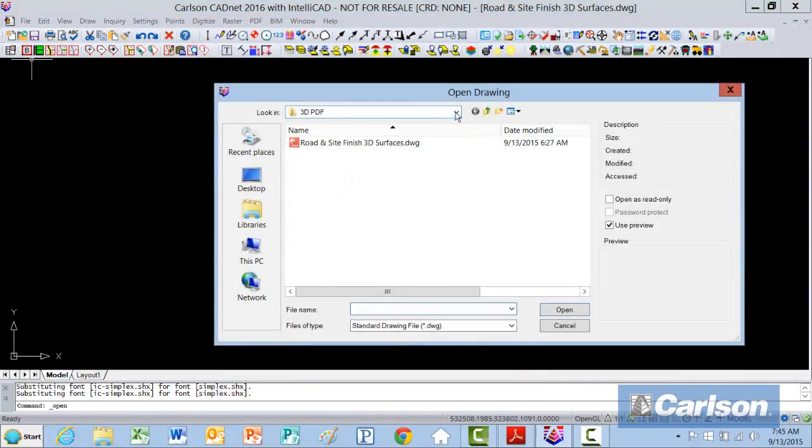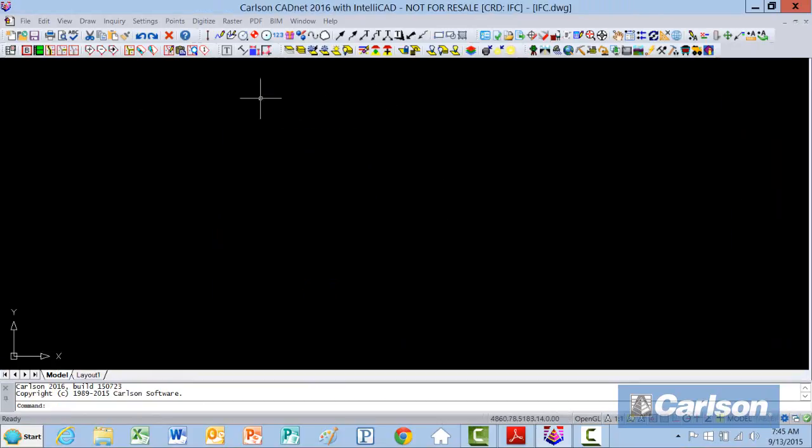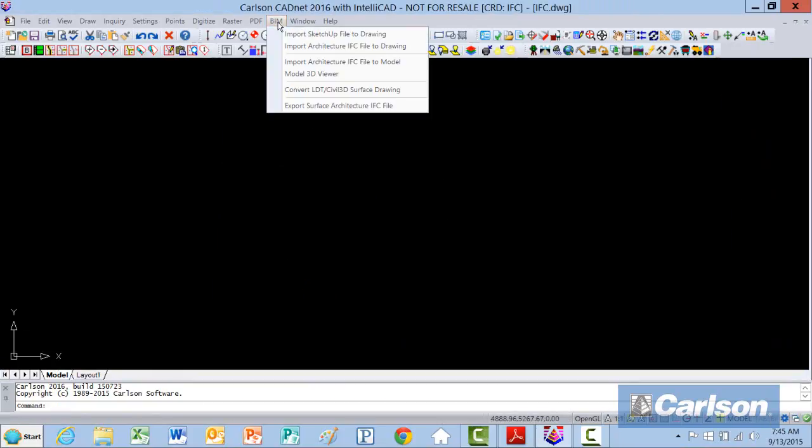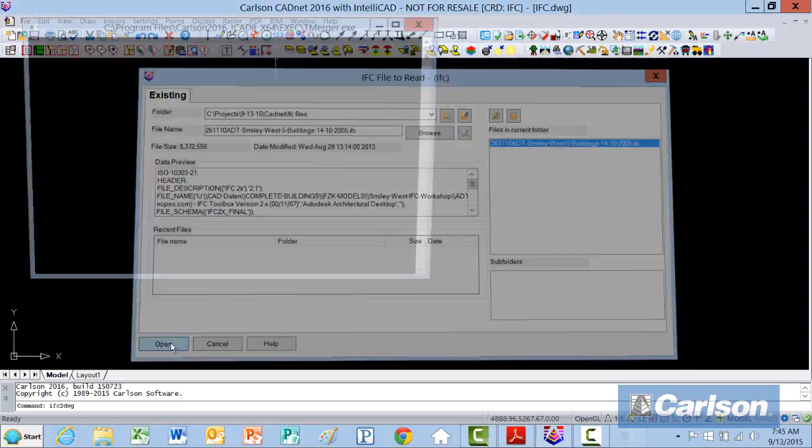My next thing to do is go in here and bring in an IFC file that I received from an architect. So I don't have anything here, so I go over to my BIM menu, and I pick Import Architecture IFC File to Model. If you notice, I also have a SketchUp file to drawing, architecture IFC file to drawing, 3D model viewer, convert information, and export my surface out to an IFC file. So I'm actually going to import the drawing, not the model. So if I pick here to the drawing, pick it,